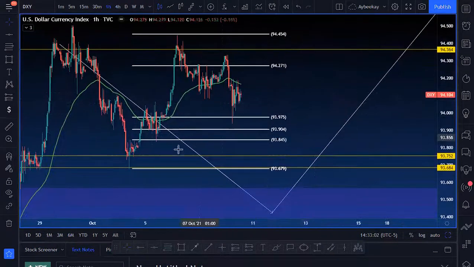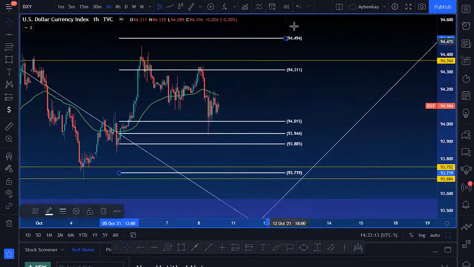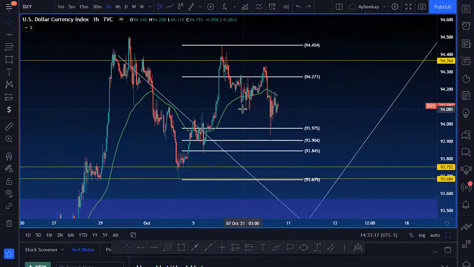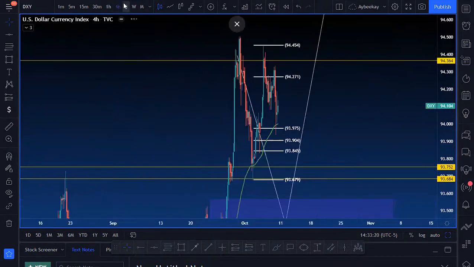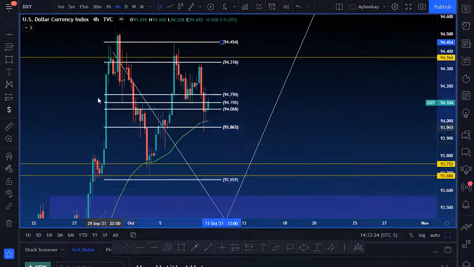So I kind of have to see how this is going to play out. I would have rather loved to see 93.900 come and get hit before price going bullish, but again, it rejected here, and now we have to see how this plays out. Currently, price is under that 50 EMA on the 1 hour time frame, but nonetheless I stand by what I said. And let's even throw the fib the other way around, right?